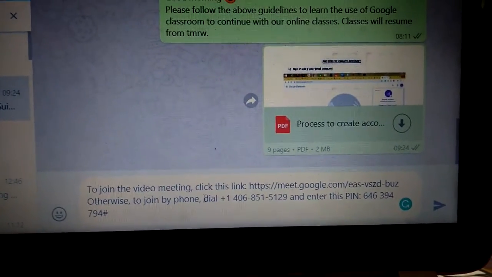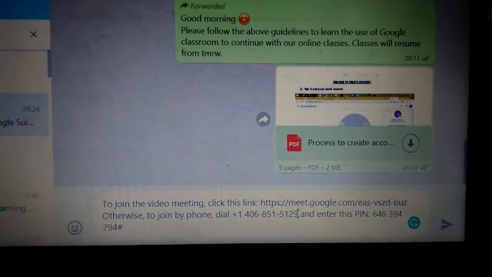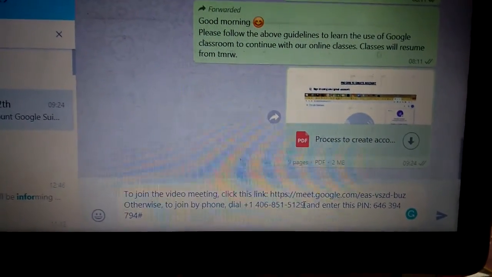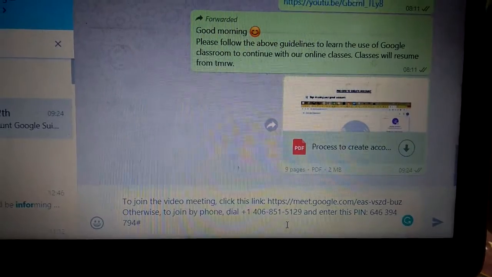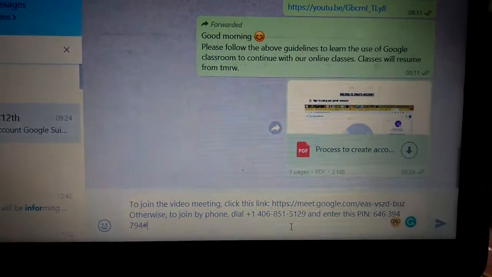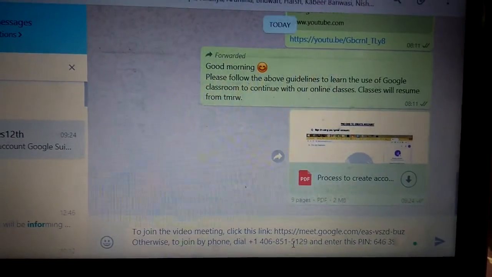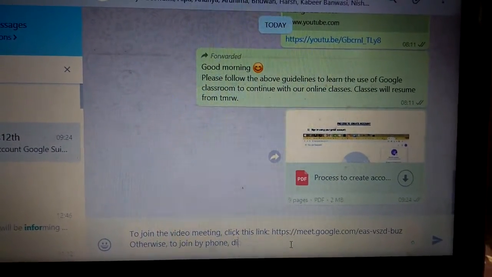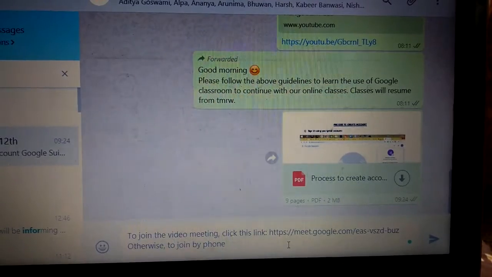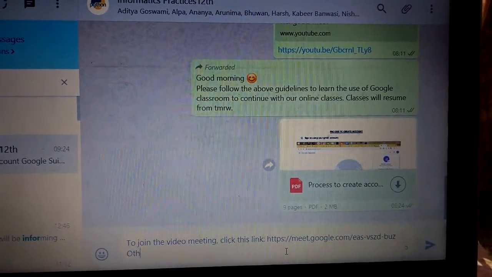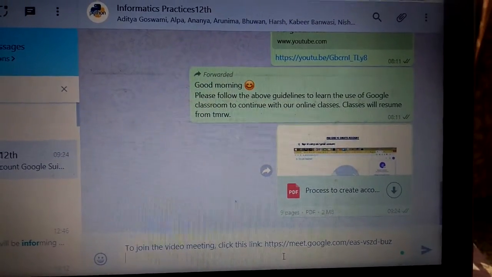You can remove this dial-up number. Just remove this dial-up number.